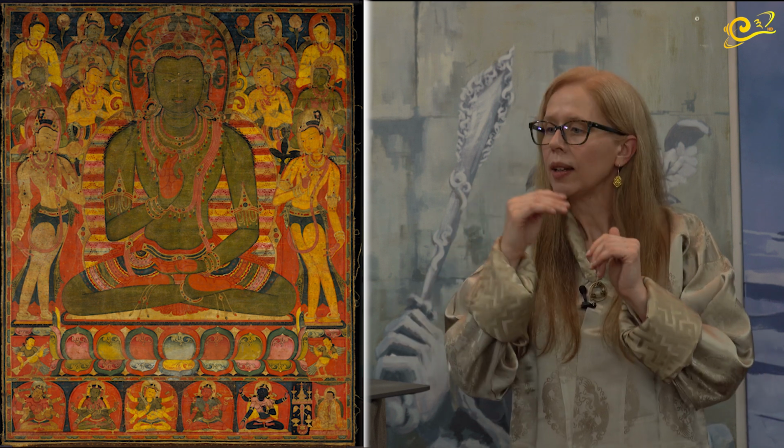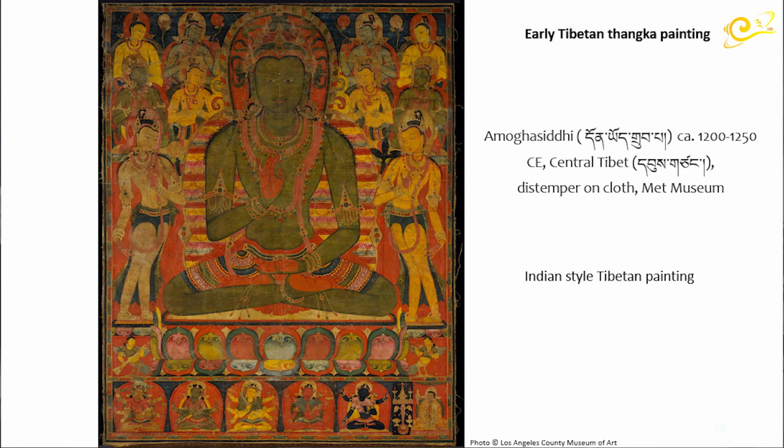And then we see a few new things too. Down along the bottom, we see some figures who are set into red, discrete spaces. Not like above where they're folded up and close and bunched together, but down below. And those spaces represent something new that's happening in the Himalaya that's separate from what was happening in the arts of India for the most part. So this is Dunyodrupa, painted in Tibet between 1200 and 1250 in what is called the Indian style of Tibetan